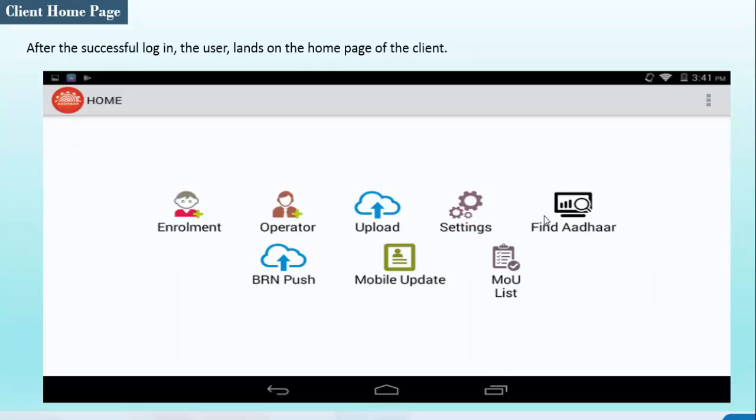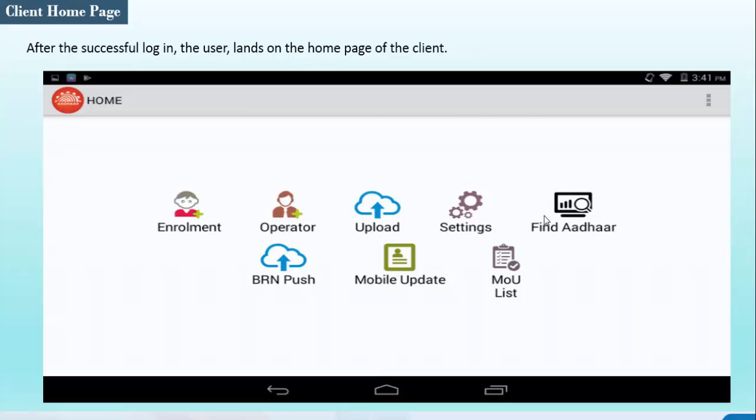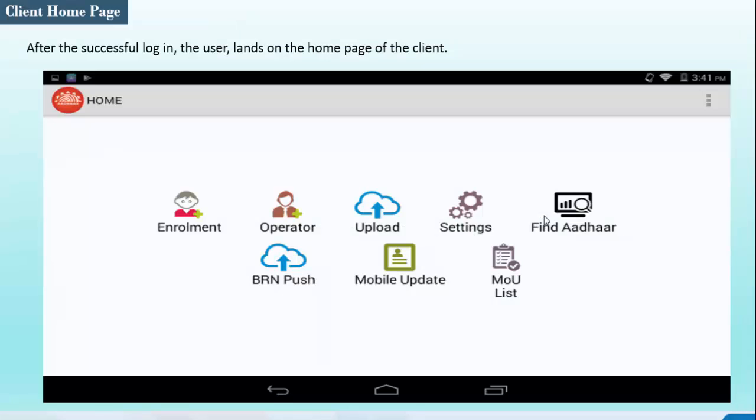On the client homepage, we get some different icons. The first icon is used to enroll the children. We will see the descriptions of these icons. The first icon is the enrollment icon. We can open the enrollment page by tapping this icon. If you want to enroll the children, you have to click this enrollment icon button on the home page. Otherwise, if you want to add an operator,